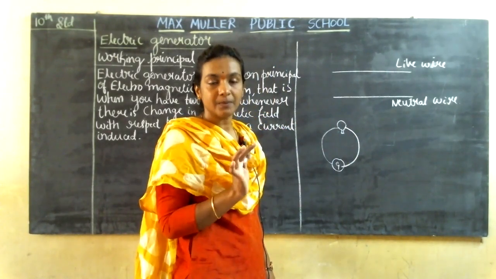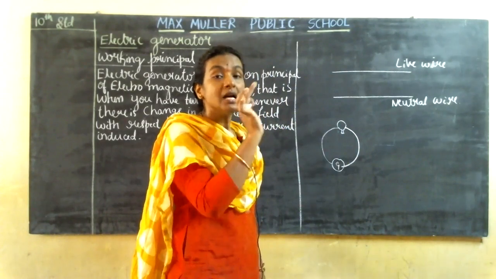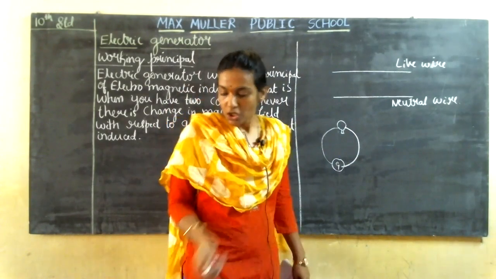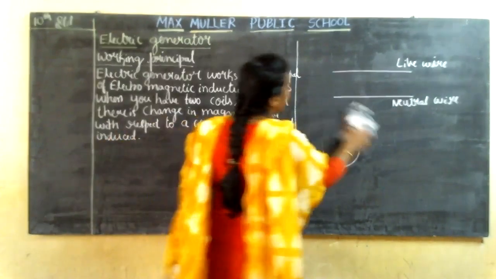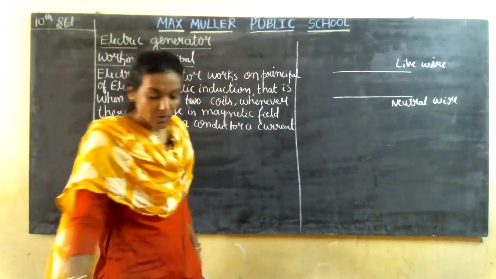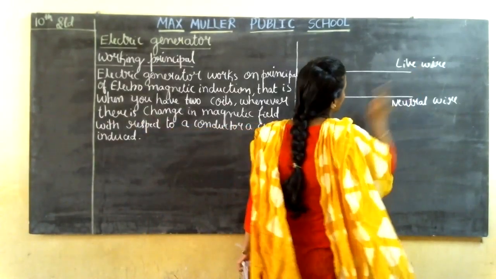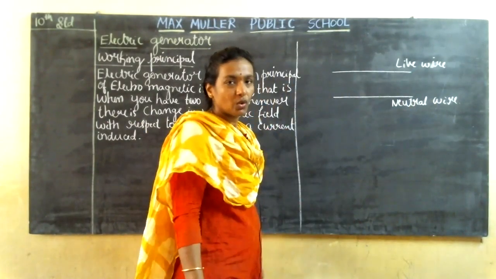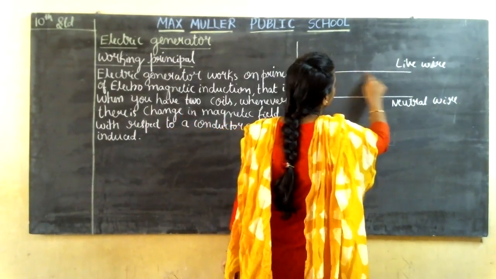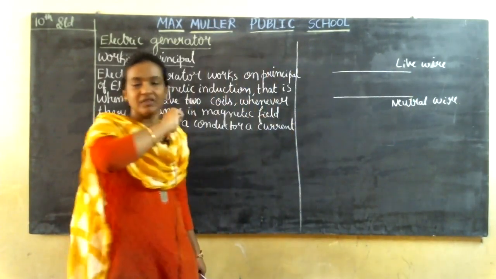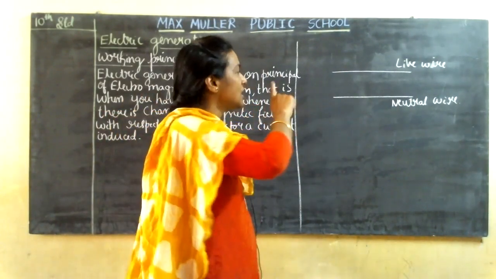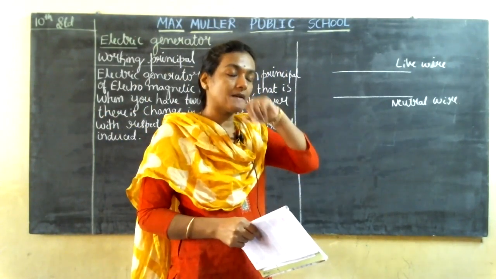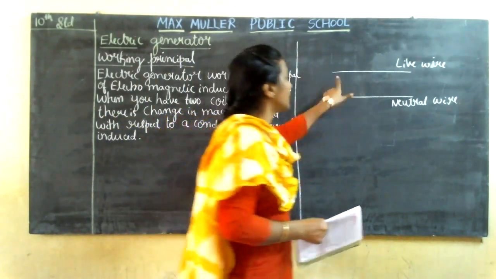Have you understood that circuit? Here you must have a complete circuit, then only it works. Clear? In the same way, the wire coming into your house is the live wire, and the wire going out is the neutral wire. Why is it called the live wire? Because it has current in it, unless they switch off the main switch outside your house. Till then you have current in it.